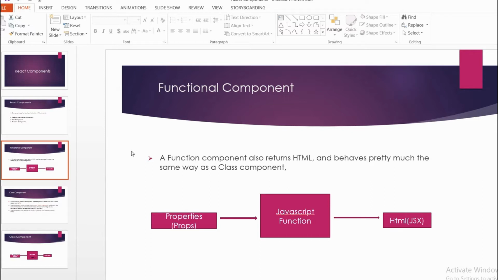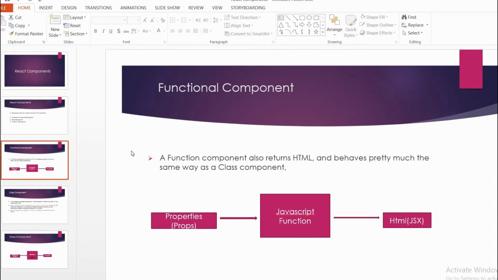It can optionally receive an object of properties, referred to as props, and returns HTML which describes the user interface. This HTML is actually something known as JSX.